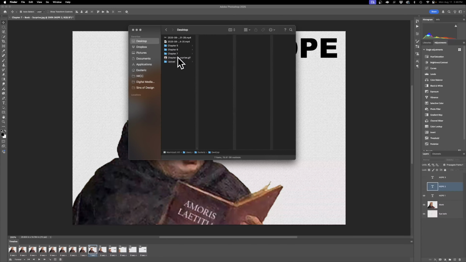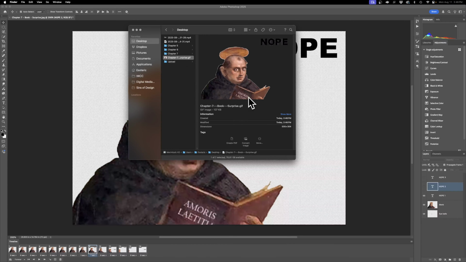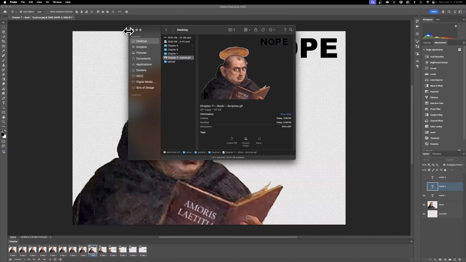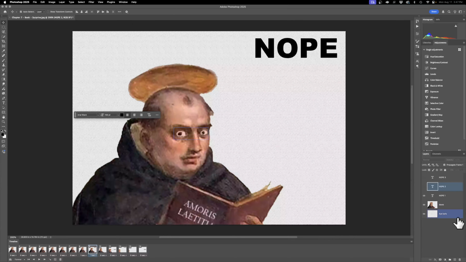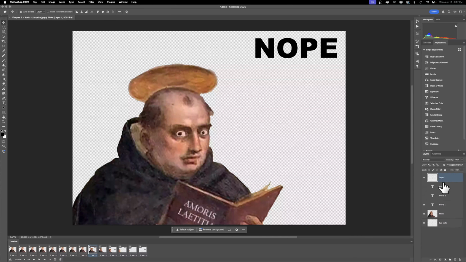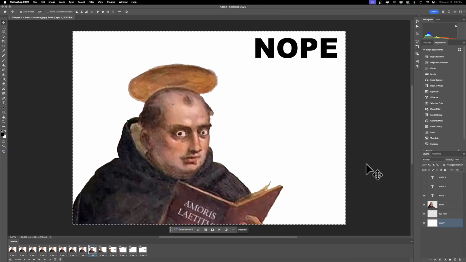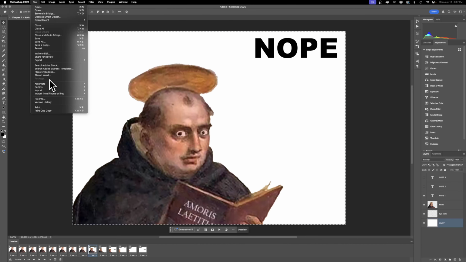So here is the GIF that we just made. Boop, and he slides off. Now, if you want to avoid that kind of awful whiteness, we could re-add a white layer. So let's add a layer, drag it to the bottom, Command-A, Shift-Delete, and white. And now when we export it,